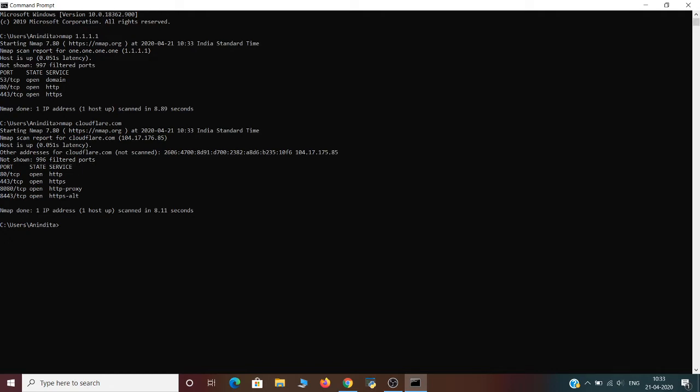Okay, so these are the basic Nmap commands to scan a particular IP or host. Next, we can also scan some specific ports or an entire port range on a local or remote server. So the command for this is,